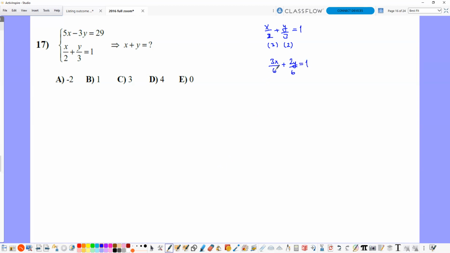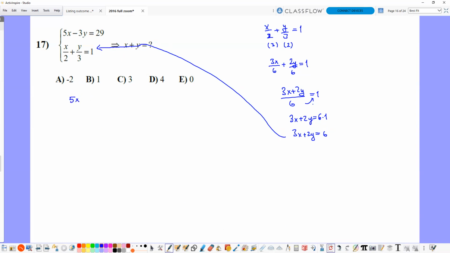So here 3x over 6, 2y over 6, it's going to be equal to 3x plus 2y divided by 6 is equal to 1. This is the last part now. Here, 3x plus 2y is going to be equal to 6 times 1, which is equal to 6. So 3x plus 2y is equal to 6. So instead of this one now, I can replace here by 3x plus 2y is equal to 6, which means